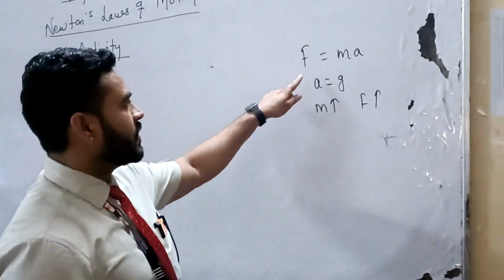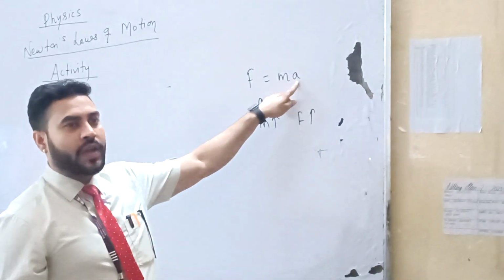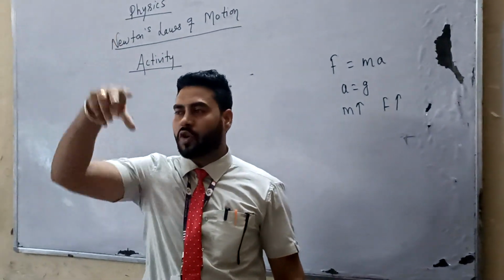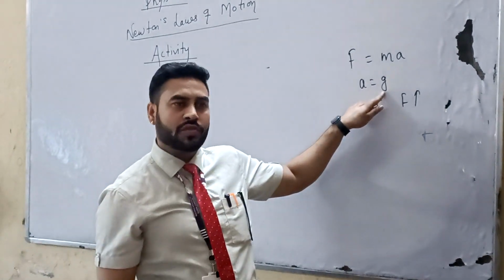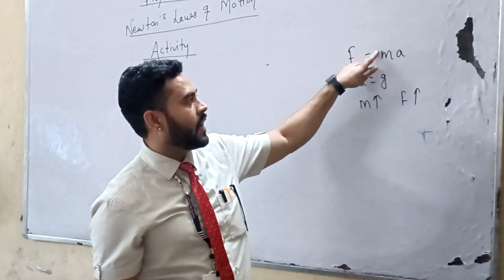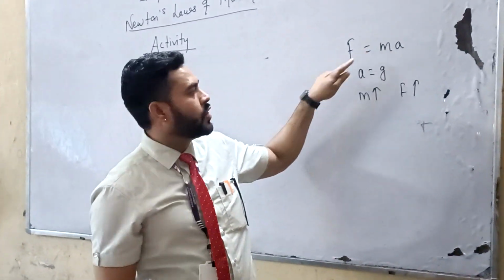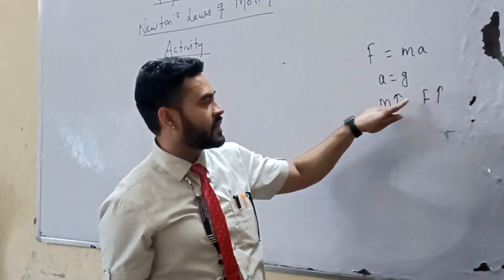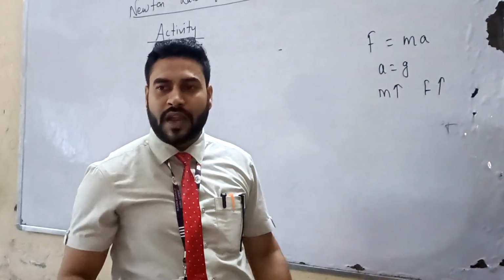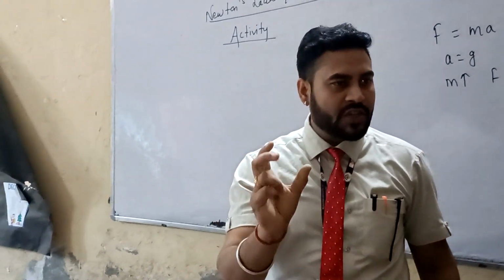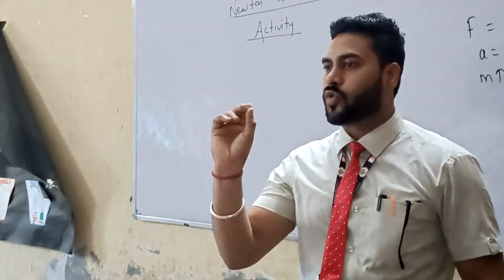As we know, because of this relation F is equal to ma. The acceleration is the same for both objects because we have simply dropped them, so acceleration is equal to g. So g is the same for both objects. The concrete stone has greater mass, so it will apply greater force. Greater mass will apply greater force. That's why we get a bigger impression over the sand bed from the concrete stone.